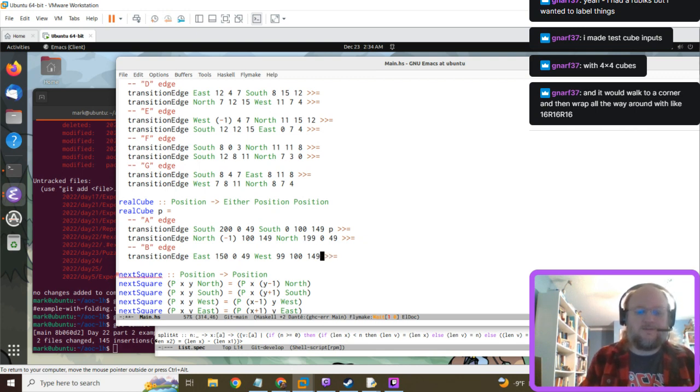Nope, nope, it's turned around. Okay, so the opposite direction, we go east across 100 between 100 and 149. Then we end up going west